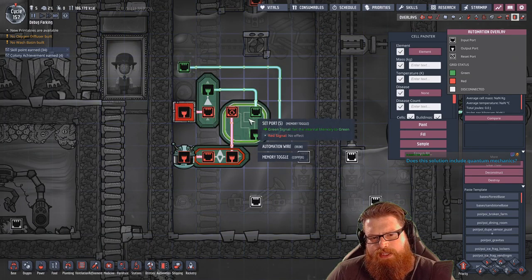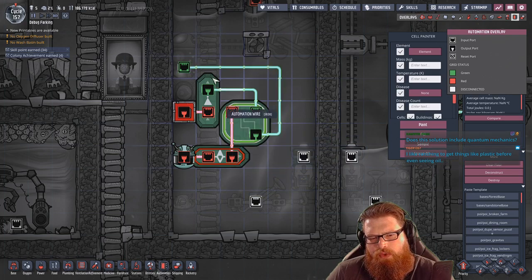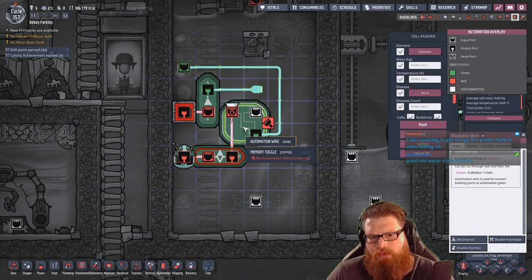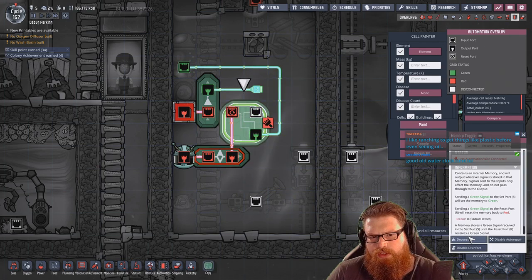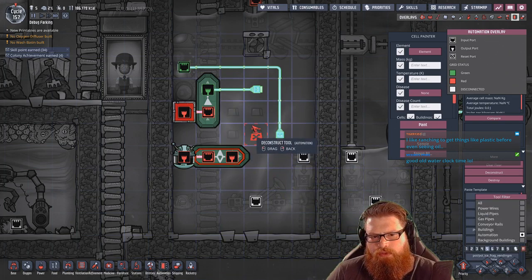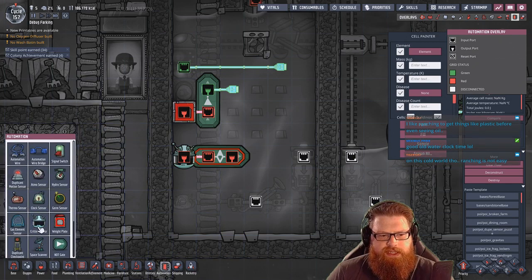I don't feel like this is set up correctly for what I'm trying to do either. I think what I want to do is deconstruct... Let me just deconstruct this toggle a second, and deconstruct all of you a second. And we'll have a second sensor that needs to say if you are